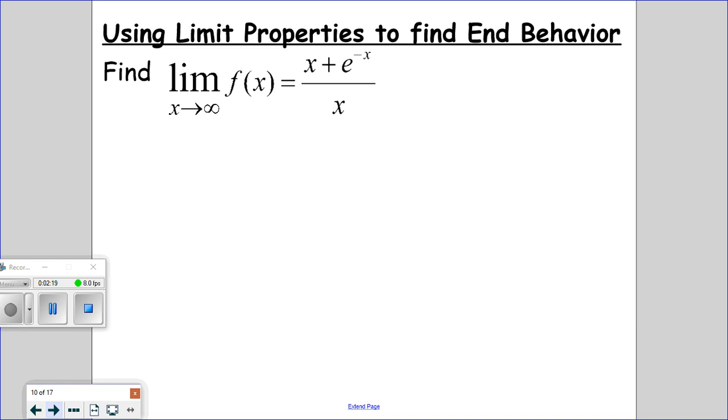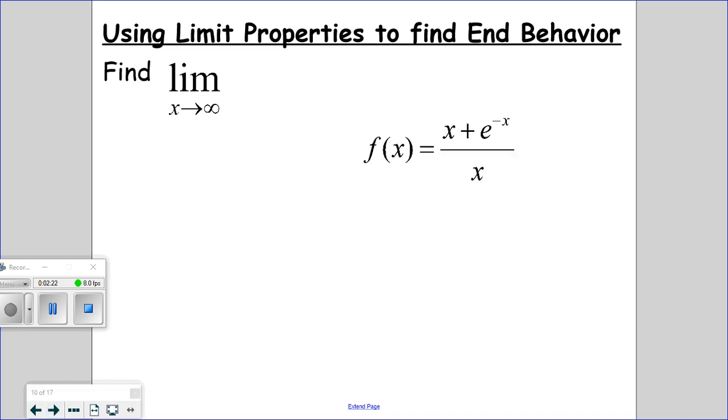So let's go ahead and try one, and I'm going to move where this is at because that's kind of misleading. We're going to do the limit as x approaches infinity, and this is the function we're going to look at. If I look at this, my function is x plus e to the negative x, all over x. And I'm supposed to look at the limit as x approaches infinity, or we go all the way to the right. What is this function going to do? You guys have a couple options. If I write all that together, as x approaches infinity,